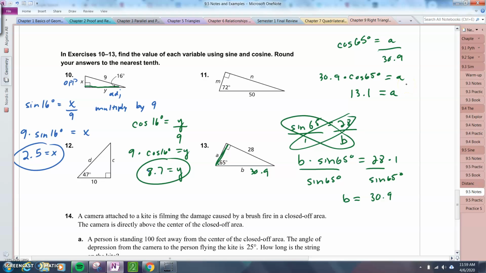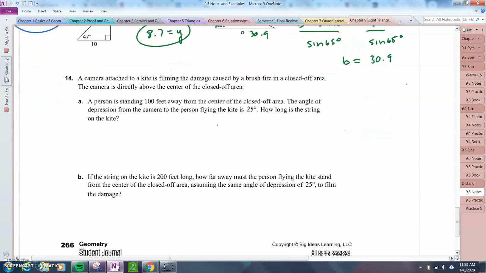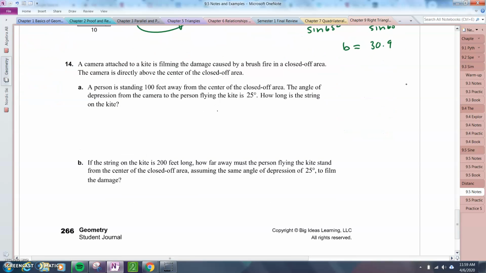All right, there you have it. You're really doing the same thing with 14. These word problems, I would just set up the triangle